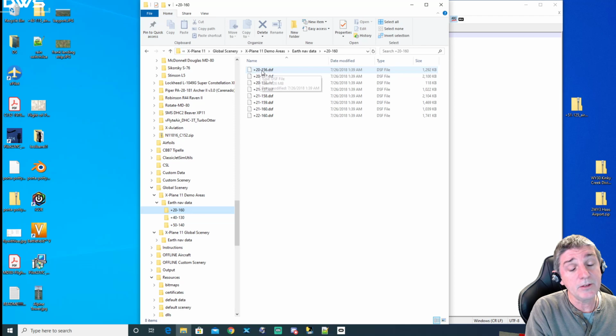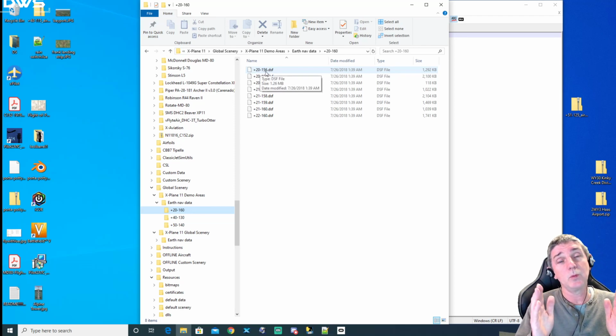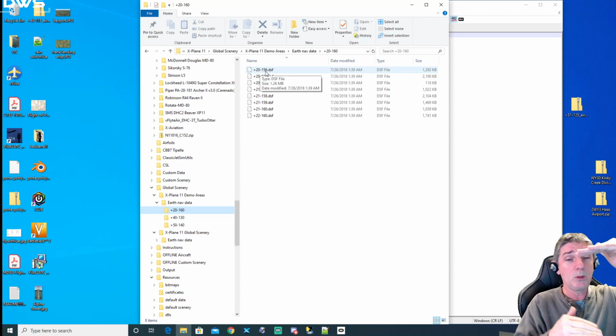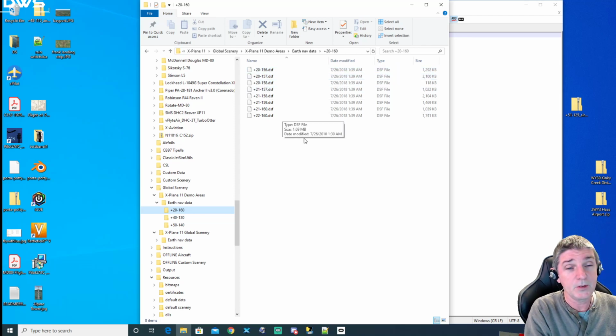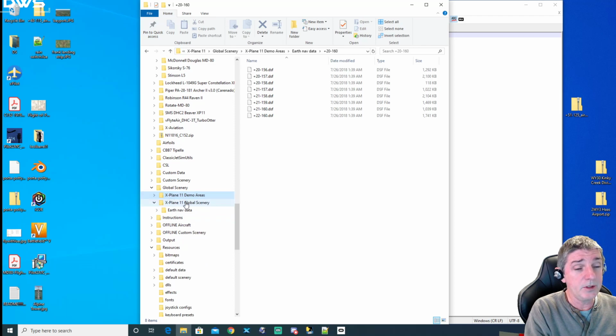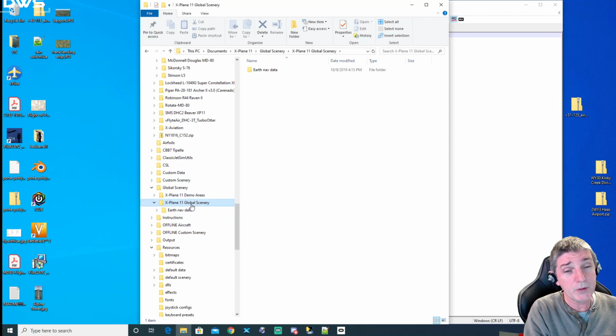the DSF files represent a boundary of 1 degree of latitude, east and west, by 1 degree of longitude. The whole Earth is covered by these tiles that are 1 degree by 1 degree. Obviously they change in physical size depending on where it is on the Earth, but that really doesn't matter as far as scenery creation. So the default scenery comes from the global scenery folder,